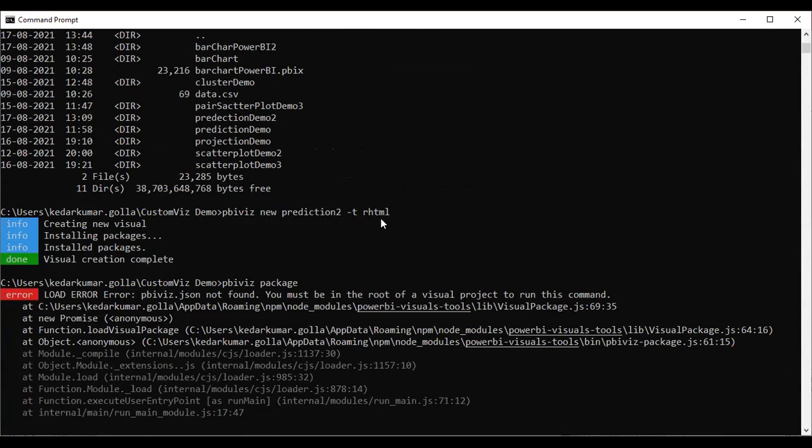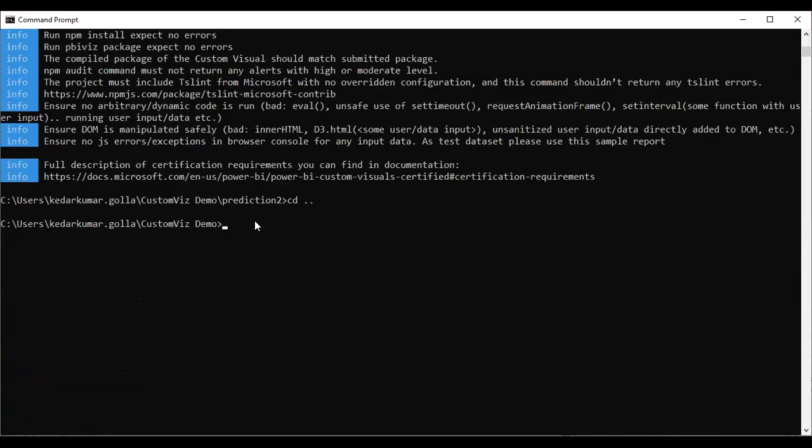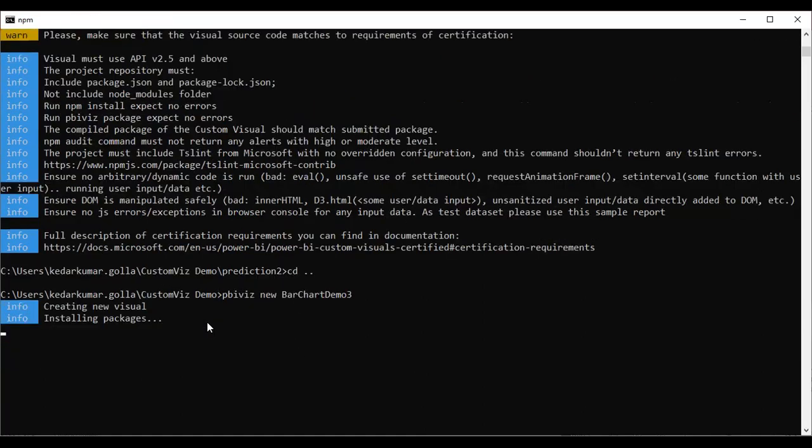But for creating TypeScript-based custom visuals, we just need to run only pbiviz new with the visual name. I just ran this.